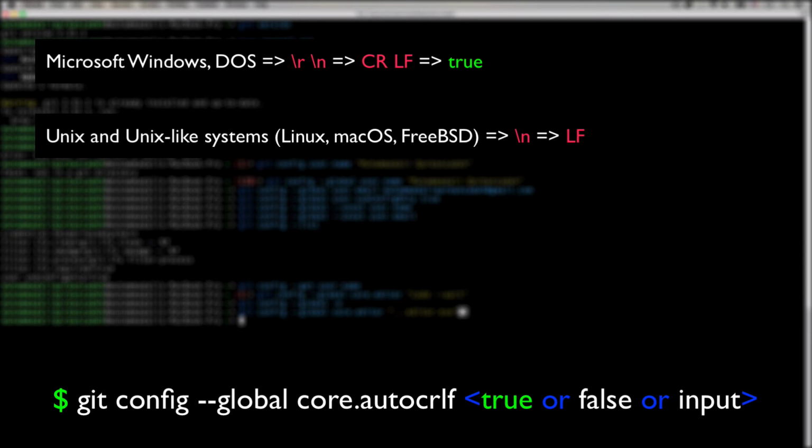It also adds CR characters to the end of the lines when we want to get files from that repository. On the other hand, for Unix-like machines, set it to input. So Git will check it only when we're trying to add files to the repo. This way, Git normalizes it to LF if it has CRLF characters,